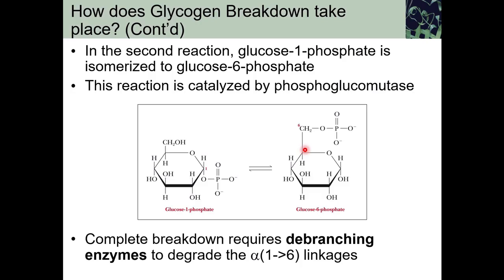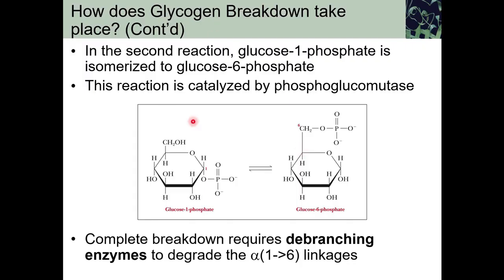In this case, you're not effectively using two molecules of ATP in the energy investment phase, just because this is already glucose 6-phosphate, right? So effectively you're bypassing the first phosphorylation step in glycolysis. So you just needed one ATP in the energy investment phase, and then you generated four ATPs in the energy payoff phase. So the net yield is 4 minus 1. So three ATP molecules for every one glucose molecule that comes from